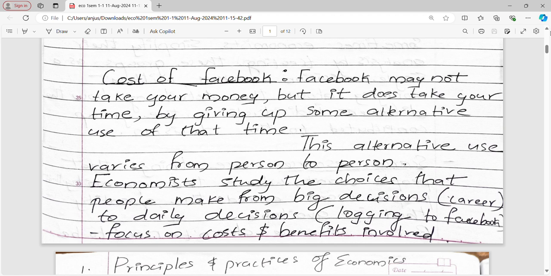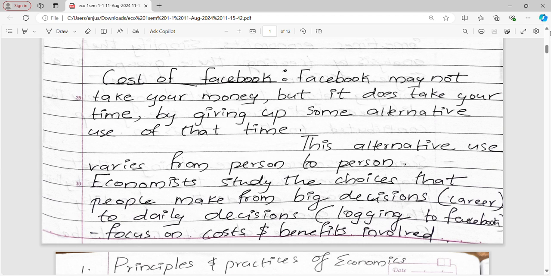We can speak of Instagram, as most of you are using Instagram. For scrolling on Instagram or posting photos, it does not cost a penny. It is free, of course. Yes, you need internet and you need to recharge your SIM, but other than that, we are speaking of Instagram or Facebook itself. For scrolling or posting any photos or stories, it does not require any money other than the price you pay for recharging your SIM cards. So it is free. But imagine, it does take your time.